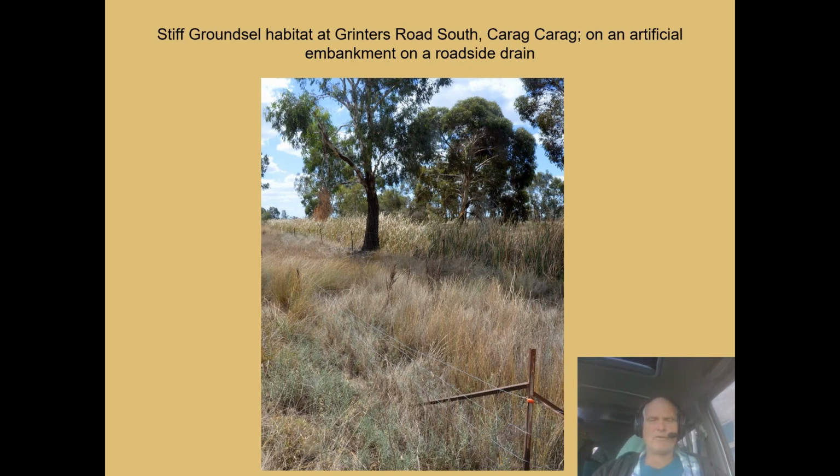So also around Corrop, we've got some roadside remnants. This is a roadside drain, and the Senecio berrianus is actually growing on an artificial embankment in this wetland here. And these artificial, steep gradient embankments seem to be one of the sites where a few of the wild populations are growing. So they've obviously been modified in the past, but they've provided an area for the Senecio to be able to